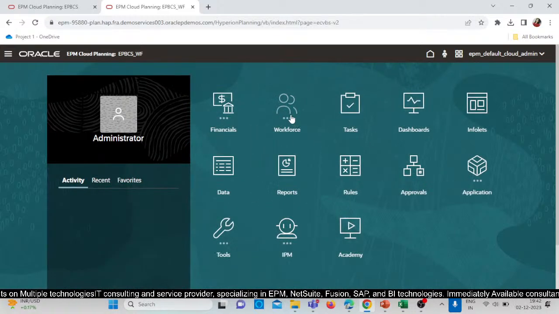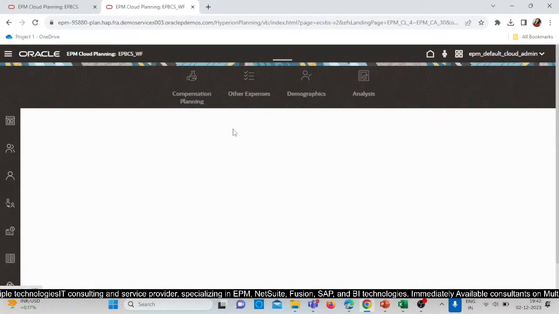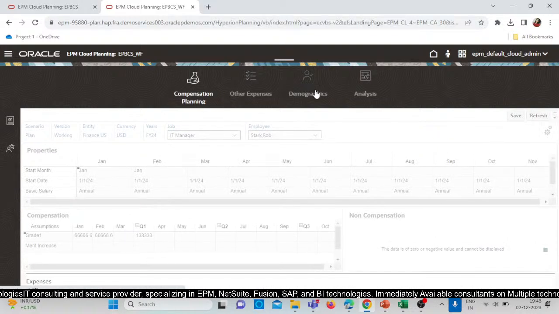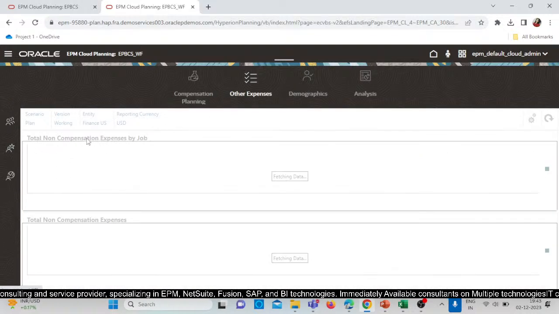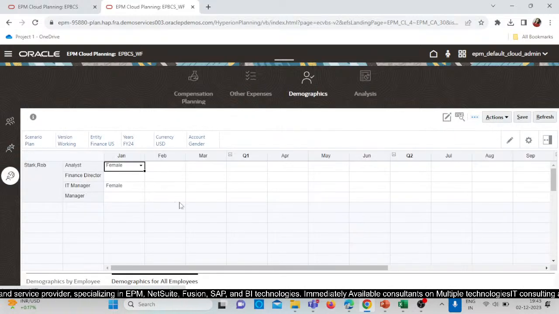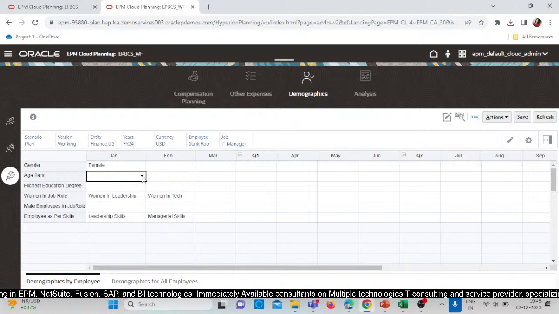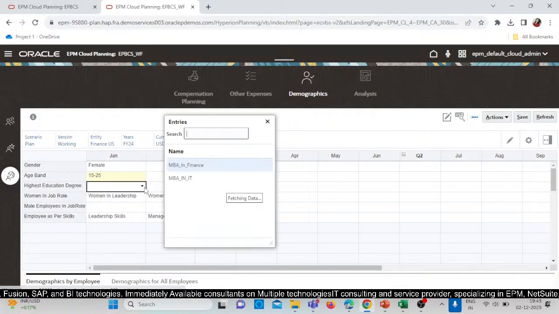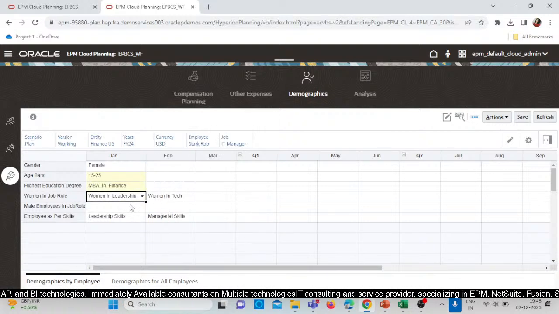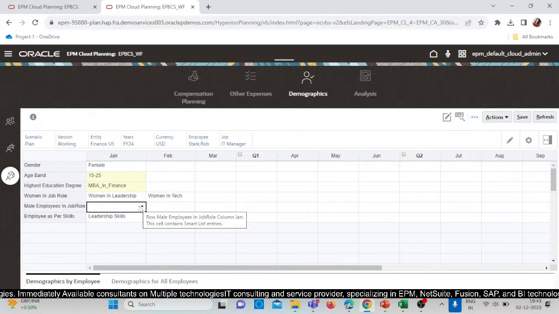Go back to the workforce, demographics, employee demographics, and now we can select the other options as well, because now we have a smart list for the age band also. Suppose we want female employees with the age group of 15 to 25, and they should be highest education degree in MBA finance. The women in job role is women in leadership. You can add like we have added women in job role. From there you can also add the age band and highest education degree also,